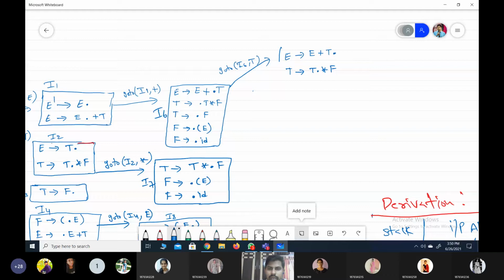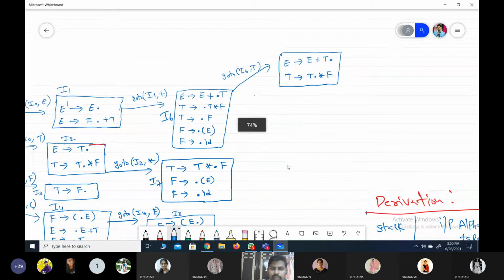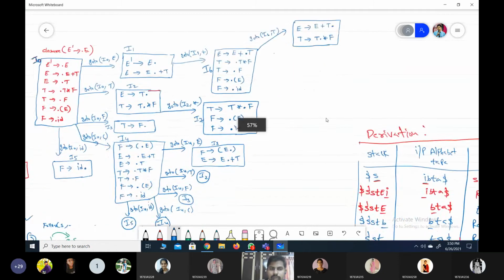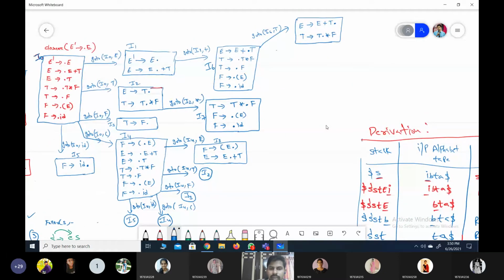So no more productions are added to this item state. Cross check whether this item state is matched with any one of the item states or not. Cross check the remaining item states. Is any one of the item states exactly the same? If it is matched, then write down that state number. Otherwise, give a new state number. No, sir. So what is the state number? Then you have to make it as I9.